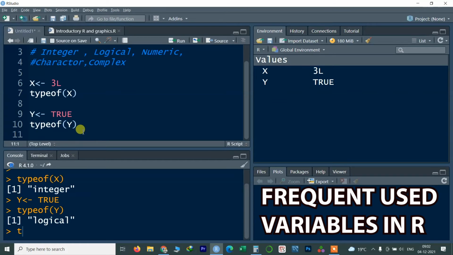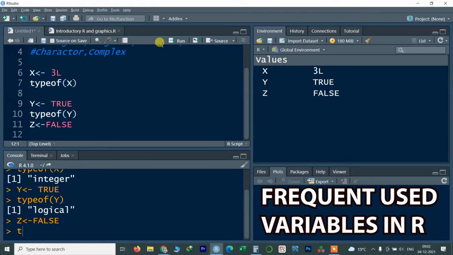Likewise, if I type z is equal to FALSE in capital letters and press Control Enter, or the run button, this vector is stored. Please make sure that whenever you save a vector, it is stored in the environment area.